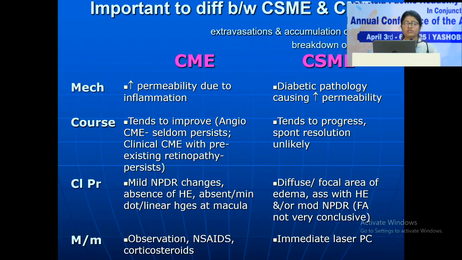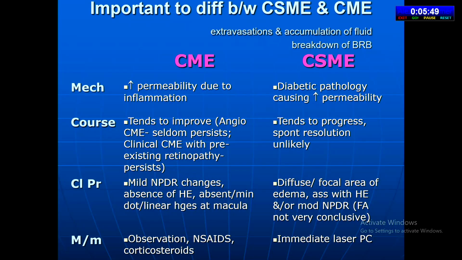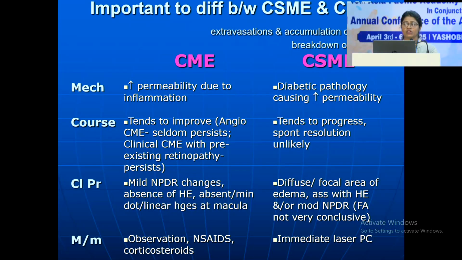Now, the difference between CSME and CME. In CME, there is increased permeability due to inflammation. Diabetic pathology causes increased permeability in CSME as well. The course of CME tends to improve with time, but in CSME it tends to progress. Spontaneous resolution is unlikely. The clinical presentation of CME is mild NPDR changes, absence of hard exudate, and absence or minute dot